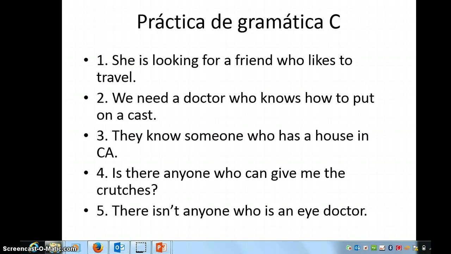El subjuntivo con el pronombre relativo, which is the subjunctive with the relative pronoun. In the last lesson, we talked about using the subjunctive with expressions of doubt. In this section, we are going to continue with that same theme. If we are looking for something or someone who can do a certain task or has a certain qualification, we